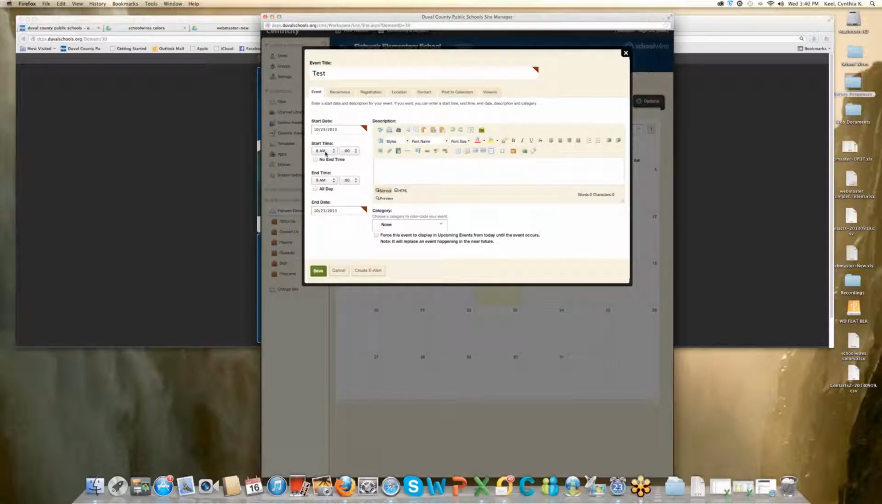Start time. If you have a start time, this is where it would go. If there's no end time, you check this box. If there is an end time, you would select the time here. If it's an all-day event, you just check that box. And I'm just going to pretend that mine's an all-day event. Description is optional. And also under